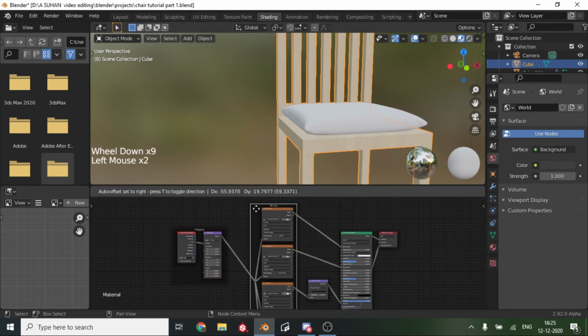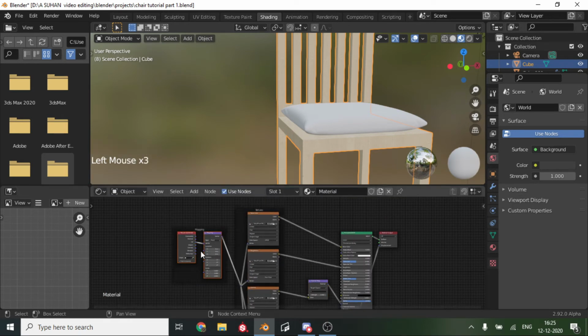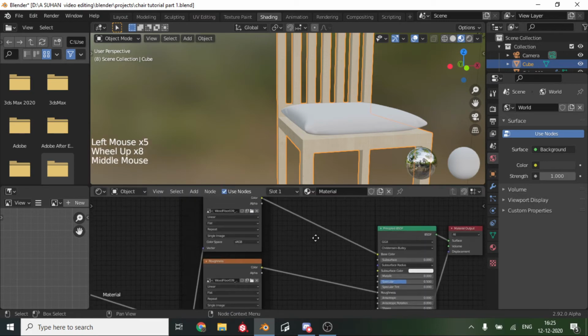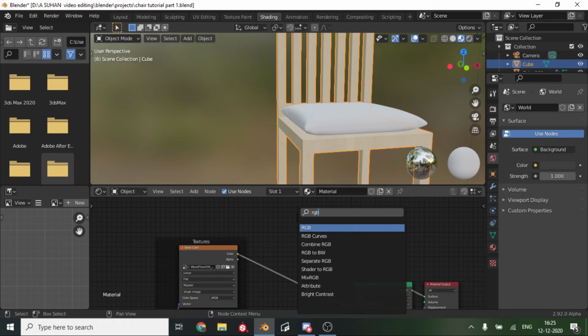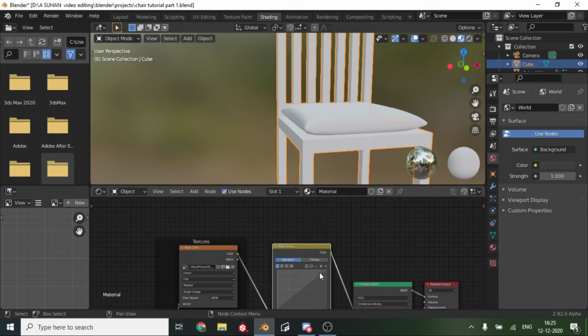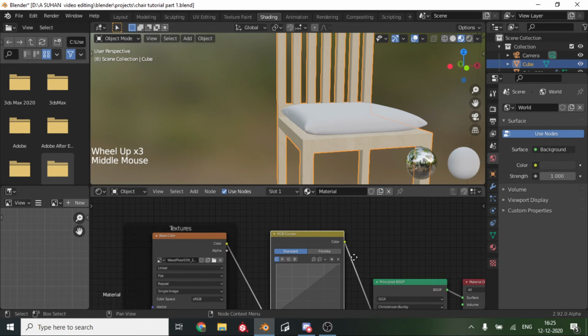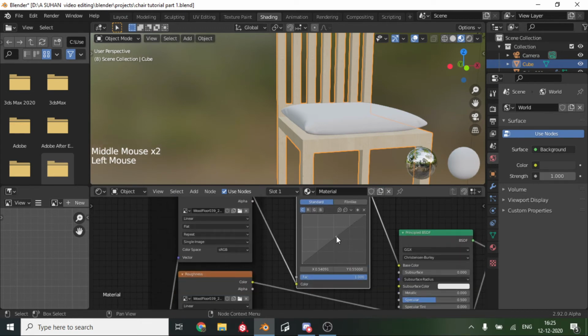And if you want to spice things up a little bit, or you want to change how the color looks, you can press Shift A, search for RGB Curves, and add one in. So you can basically experiment with them.